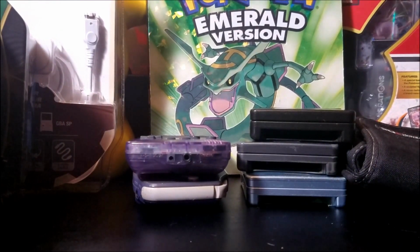Emerald version guidebook. I bought that because I think I got a deal on it. Ruby version or Emerald version. That makes me wonder what happened to my Ruby and Sapphire. I think about it, I don't know. They're probably in a box packed away somewhere, I'm sure. I still have old Pokemon cards packed away somewhere. But as of right now,